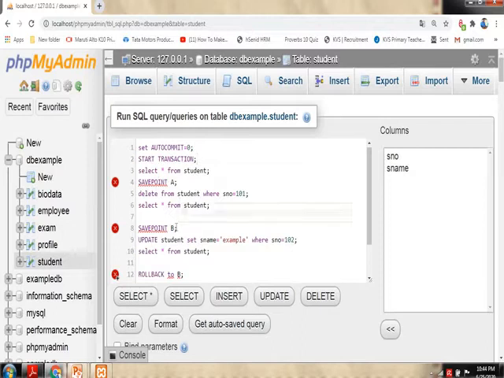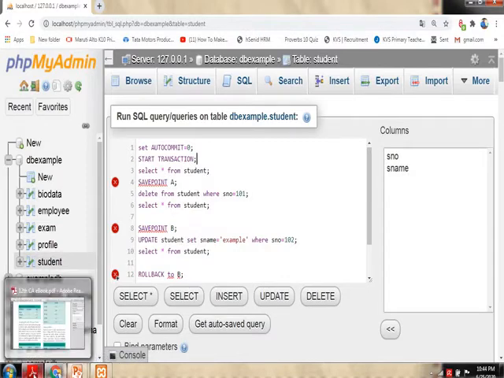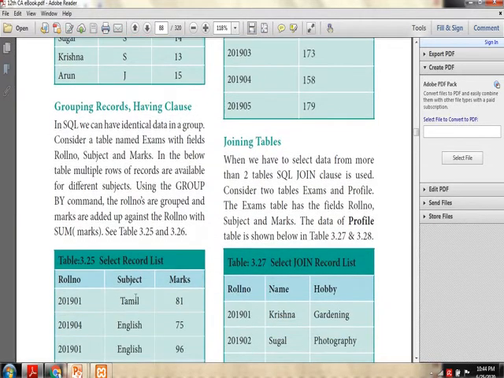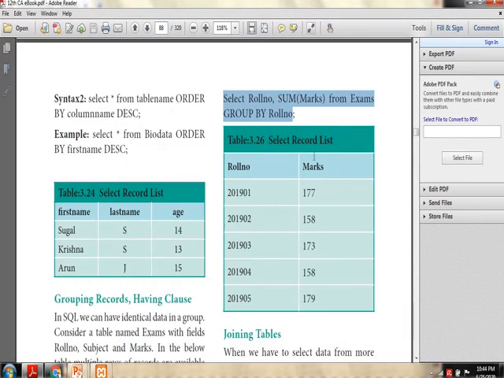Save point, then it should roll back to save point name. Is it clear, children? Okay. Now, apart from this, there are many queries, that means many things you should learn. One is,